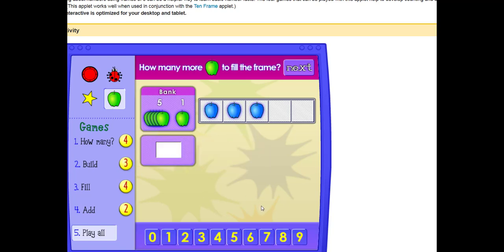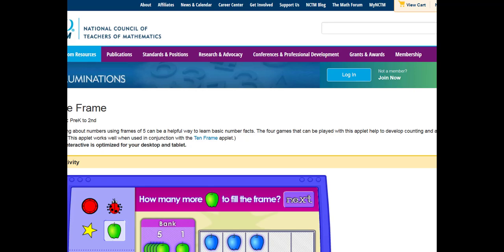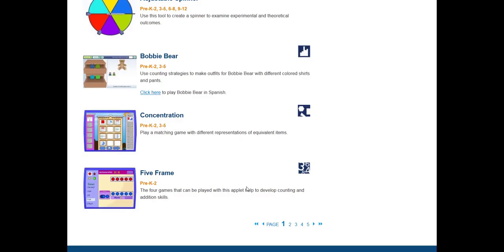How many more apples to fill the frame? Okay, so you notice they're asking those mathematical questions. Here's how many more. This is just one of the interactives that you can use, and there are also other interactives. If we go back and then go to page 2,